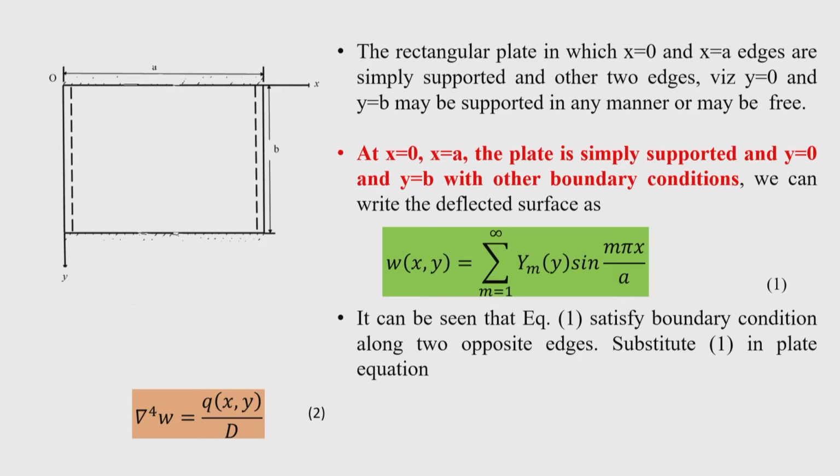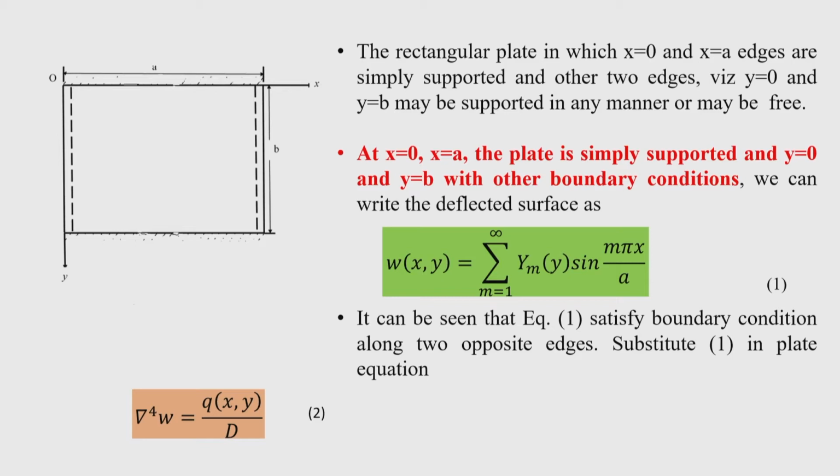So, you know this operator, and this is operating on w, and on the right hand side q x y is the distributed load, that means q is a continuous function of x and y, but sometimes the discontinuity arises because the concentrated load may also act, and there are also the strip loading or line loading. So, in this case we have to deal with separately the Levy's method,